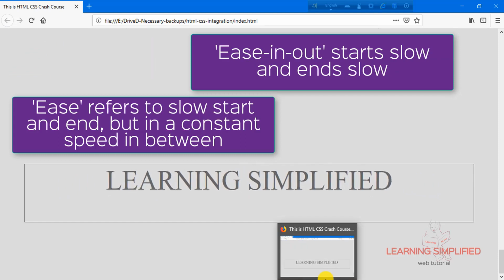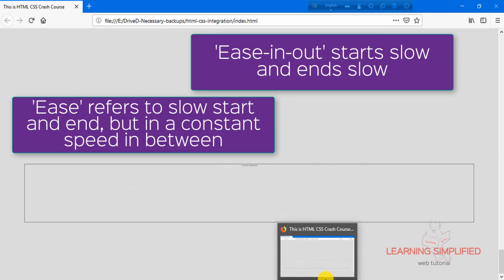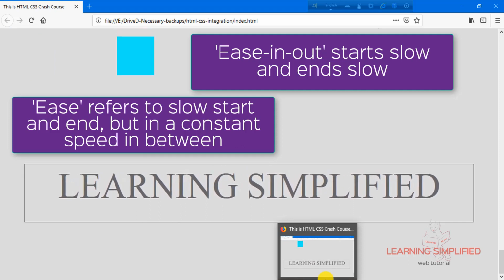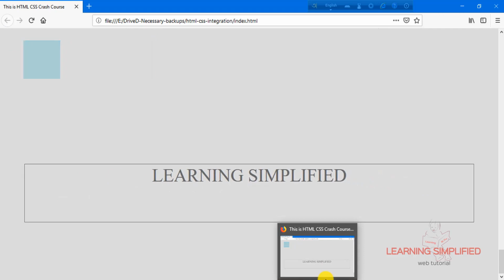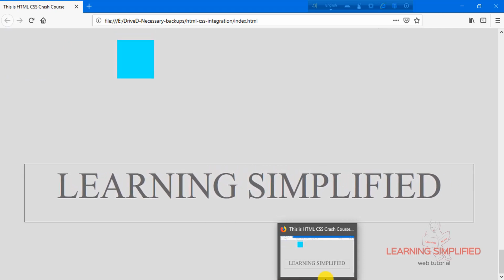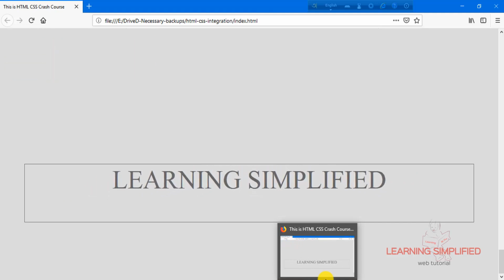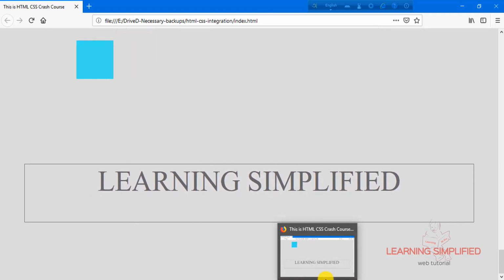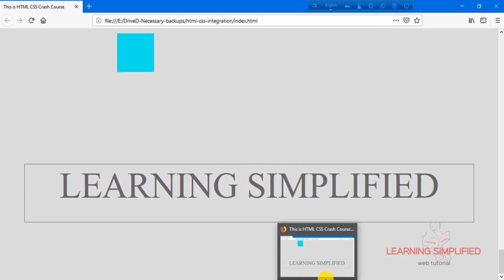Ease-in-out means slow start, slow end, and ease means slow start and slow end as well, but you might be confused between these two properties. Ease-in-out means the change of states will start slow and end slow, but nothing is mentioned about what will happen in the middle.